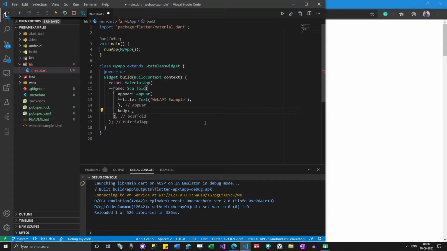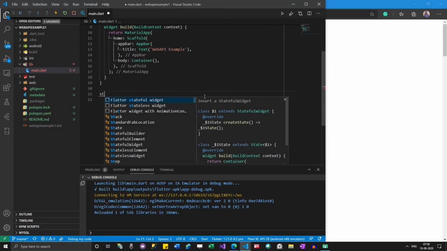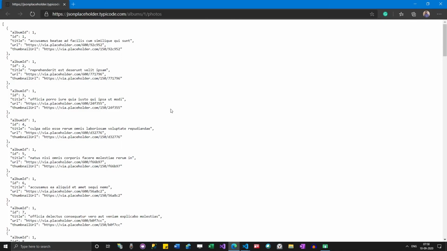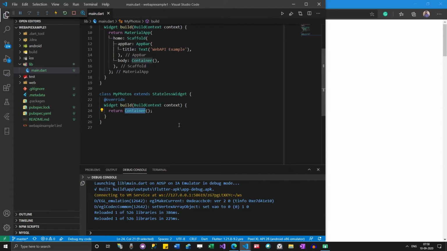Let me do one thing. Let me create a stateless widget, My photos. Here I'm going to have a container.